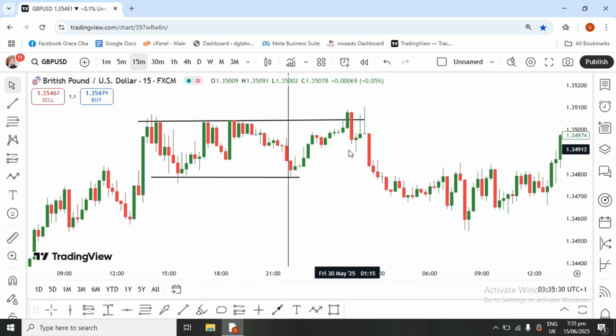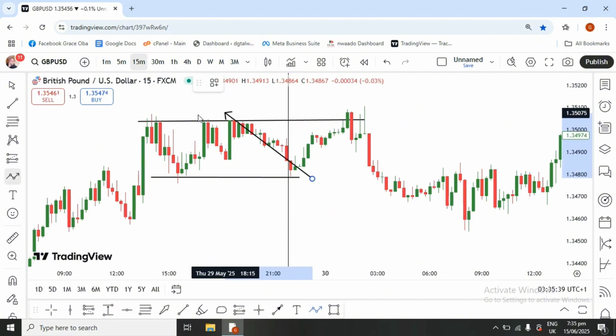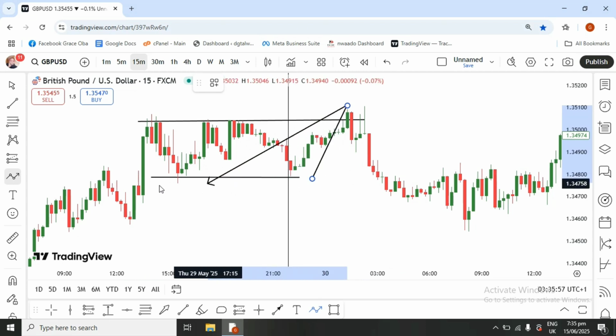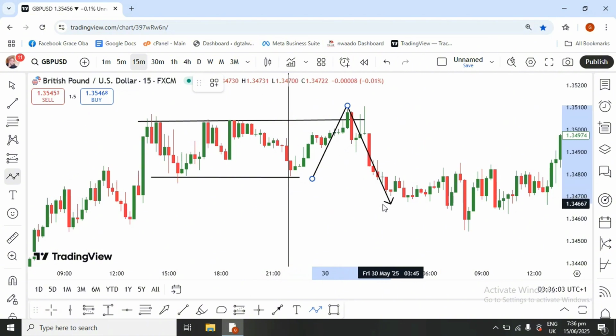Now, what did price do in a ranging market? Price rallied up, right? Cleaning off all this liquidity above this area, swept it off, right? As if it wanted to trend in an upward direction, and it now does what? It now retraces down, right? Cleaning off as well the XL, that is the stop loss of the buyers from this zone, right, and now rallied down. That's an example of liquidity in an equal high or in a ranging market,